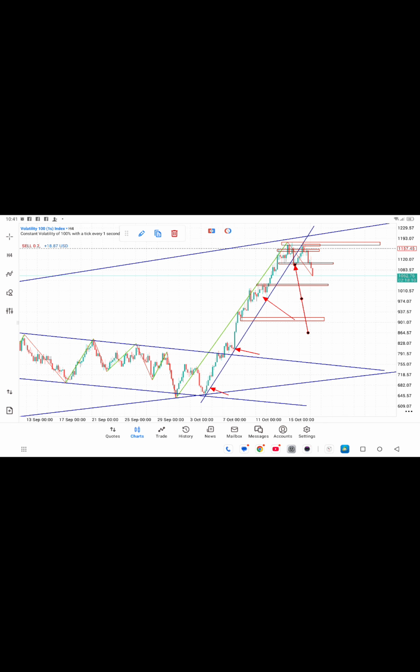Then here, I had a breakout on 4 hours. I saw this breakout after I marked out this trend line. Then I saw the first touch, second touch, third touch, then I had this breakout. And then I saw this retest, and the retest was happening on the